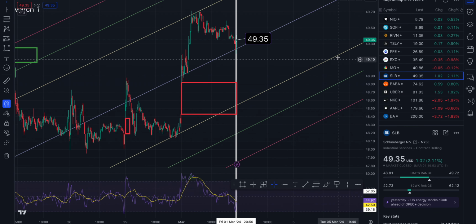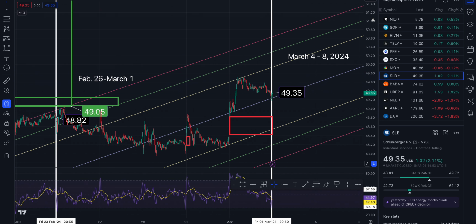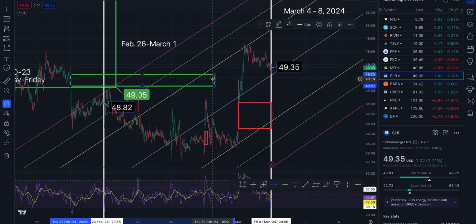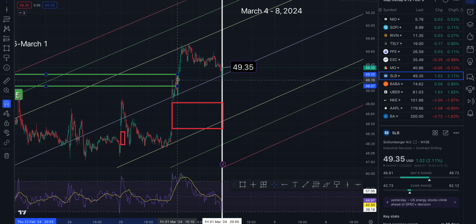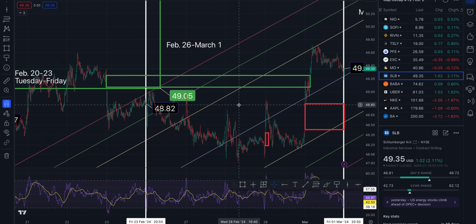All right, SLB. Here we are at resistance and falling down to support. The natural cycle there. I don't expect much. Just playing within my range. This gap within this bigger gap, that was from the previous week. So look at this. It touched right there. No longer something to keep track of to the upside. We are done, and then we hit resistance. So this gap